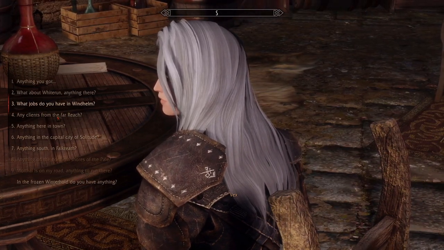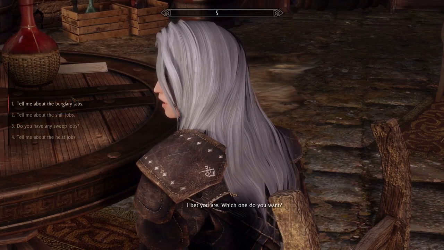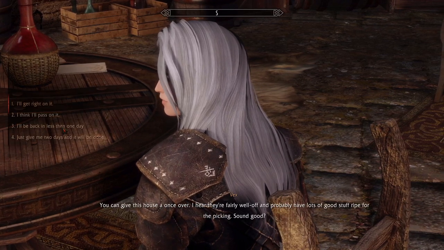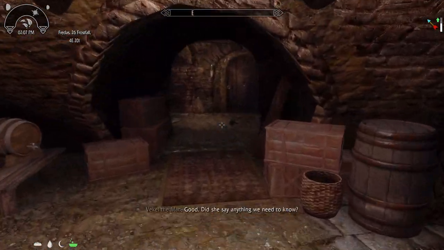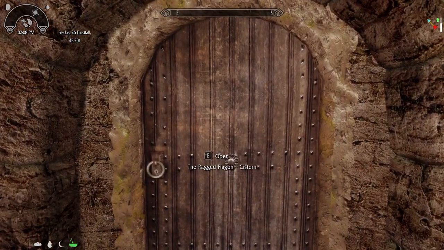So I'm going to start with Whiterun. I bet you are. Which one do you want? Sweet. You can give this house a once-over. I hear they're fairly well off and probably have lots of good stuff. Job's done, boss. Gave the package to her just like you said. Sounds good? Good. Did she say anything we need to know? Yep. She said